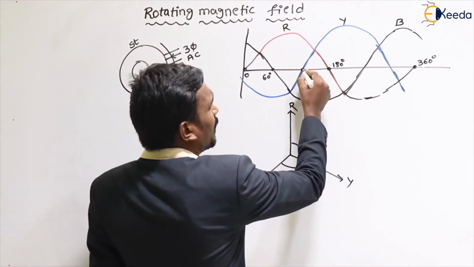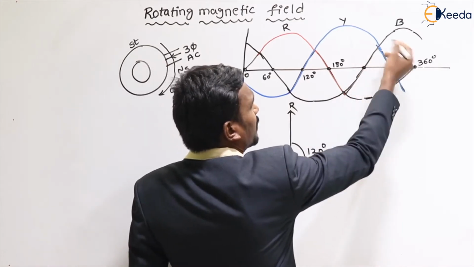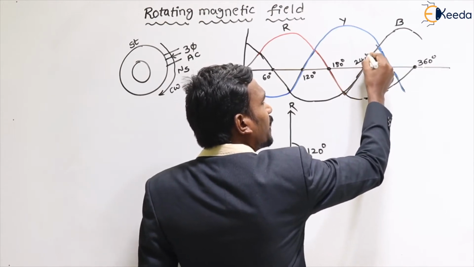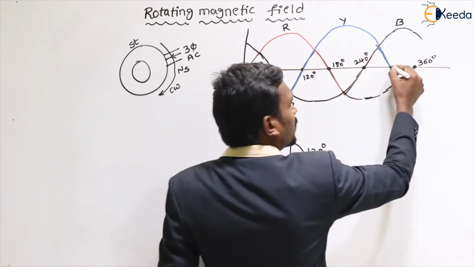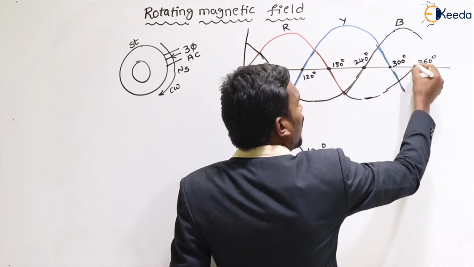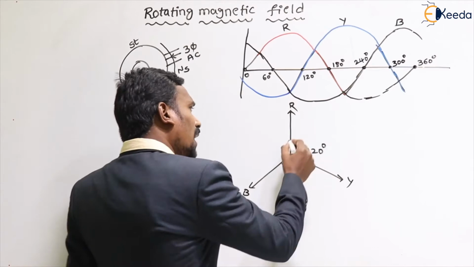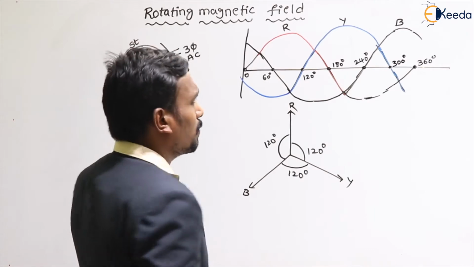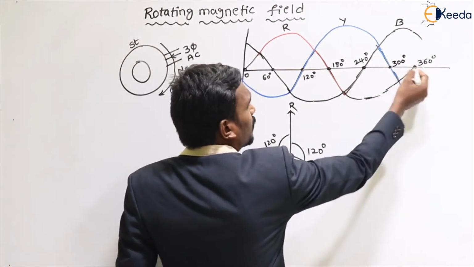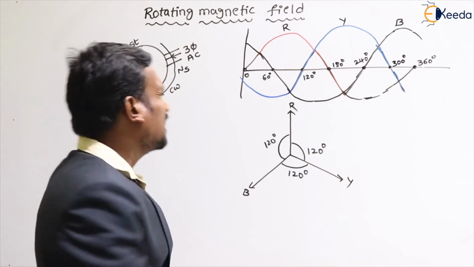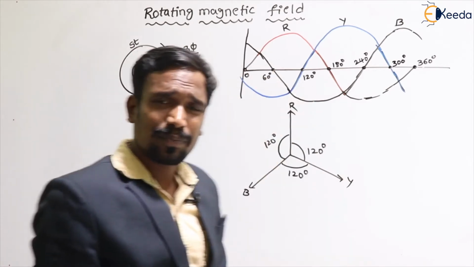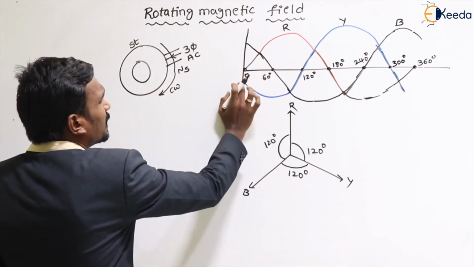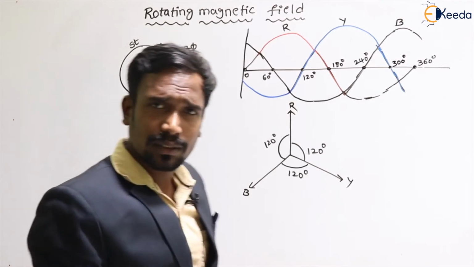See, this is my Y phase, but my B phase started here. This is 120 plus 60, which is 240 degrees. 240 plus 60 is 300 degrees, and this is 360 degrees. And of course, these are also displaced by 120 degrees apart from that, because from here to here there are 120 degrees. You know very well about this, no need to explain again, right? So this is the three-phase AC supply which is given to our induction machine.